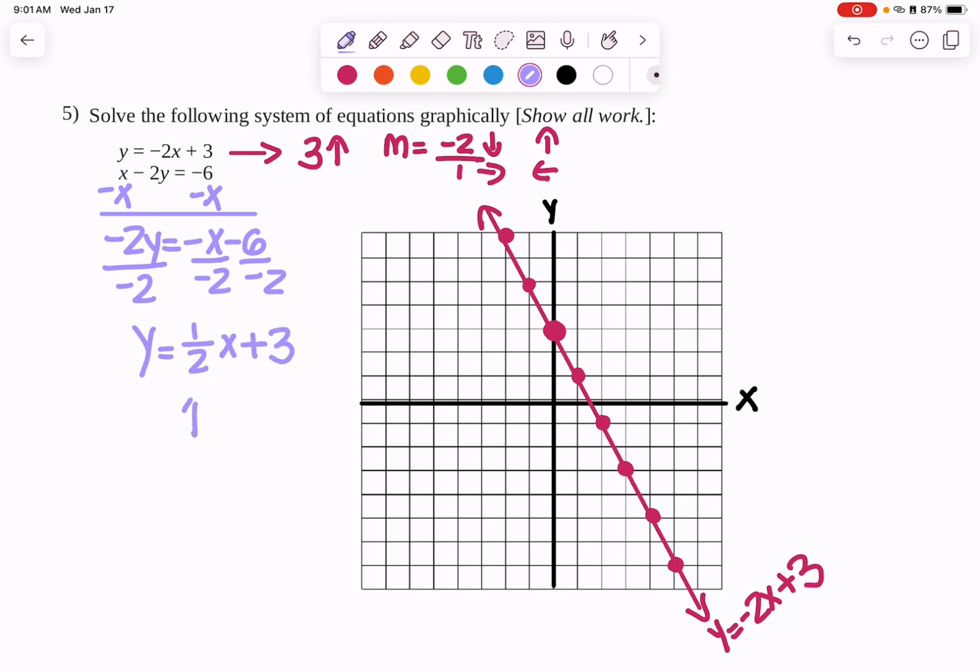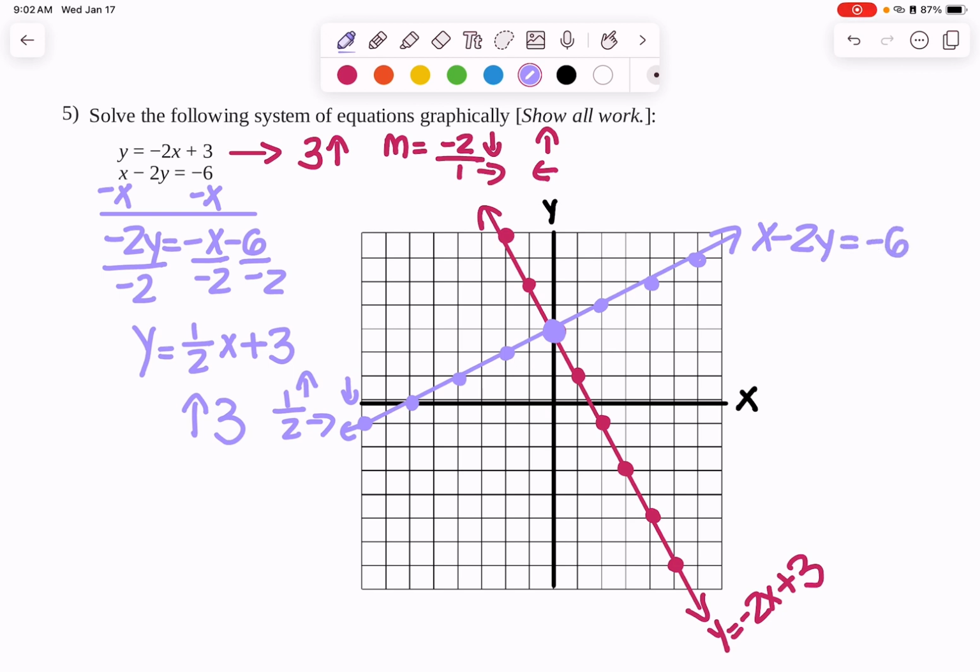That means I'm also going to start at a positive 3. And then my slope is 1/2, which means I'm going to go up 1 to the right 2. I technically already found the point where they cross, but I'll just keep going. I could also go down 1 and to the left 2. Alright, let's connect the points, put our arrows, and then label it with the original equation, x minus 2y equals